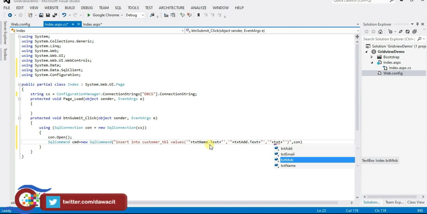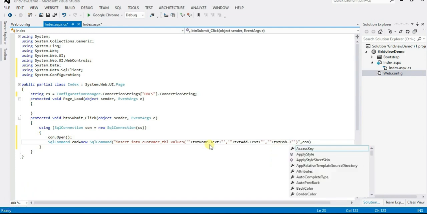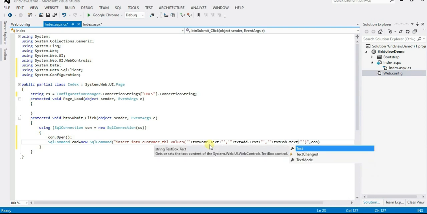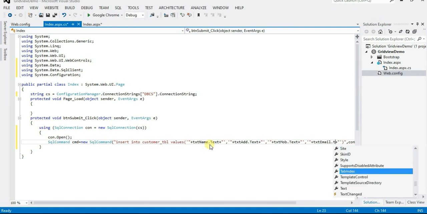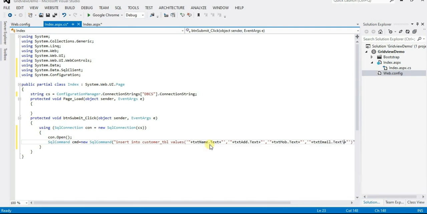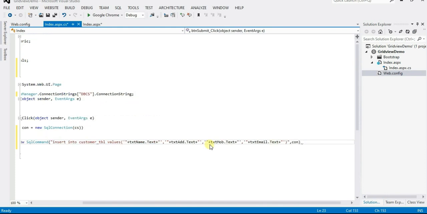Txt mob dot text, comma single quotation mark, double quotation mark, plus plus, and type here txt email dot text, semicolon,